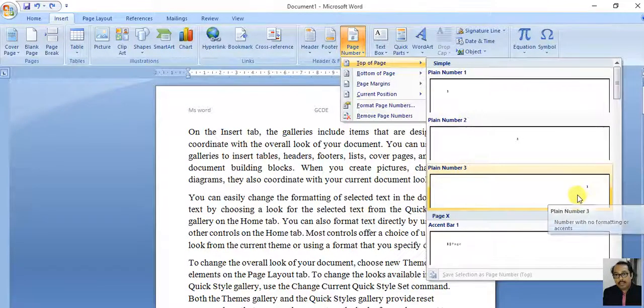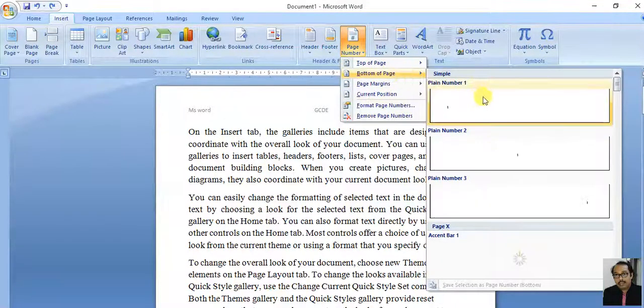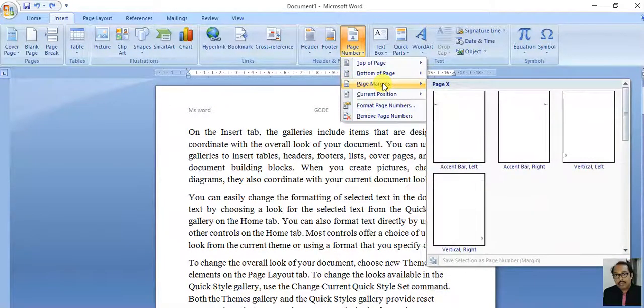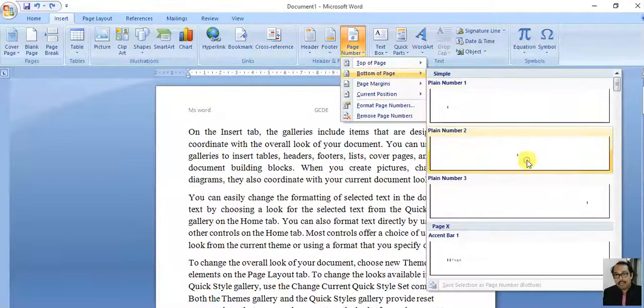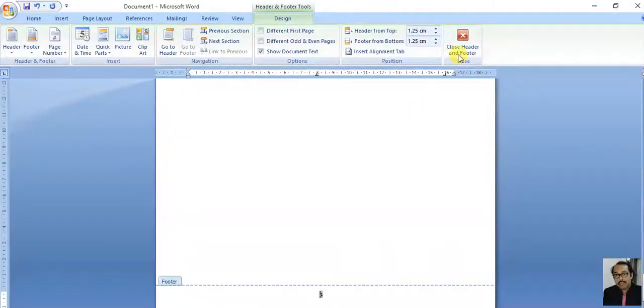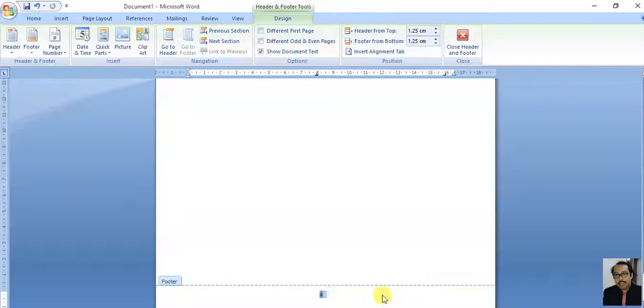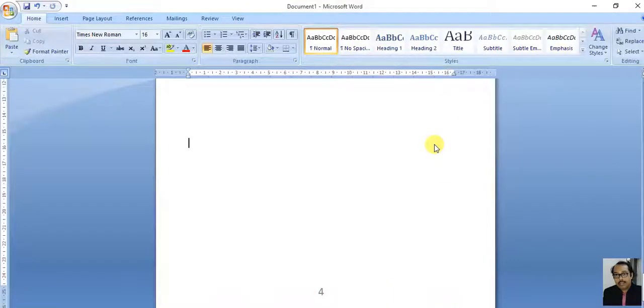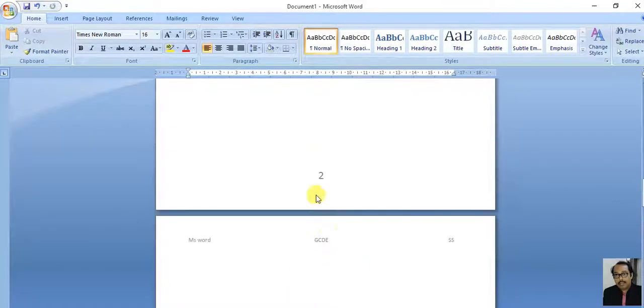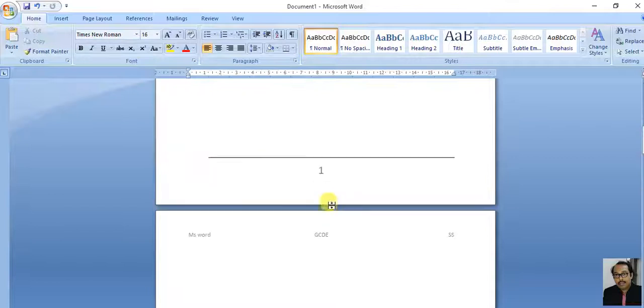The bottom of the page, yes, you can give page number. So multiple options are there. Okay, at the bottom of the page I am giving page number. See, I can change the size also. So this is page number 4, page number 3, page number 2 and page number 1.